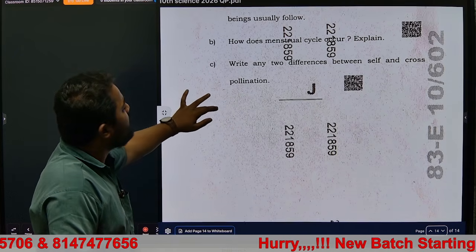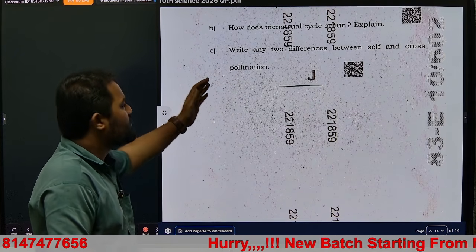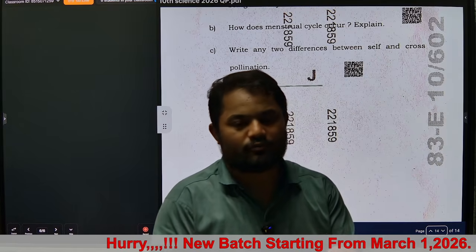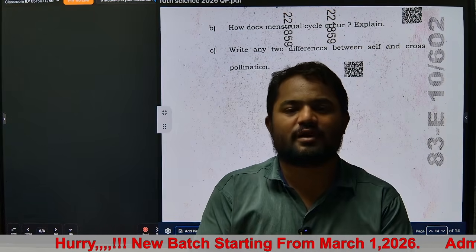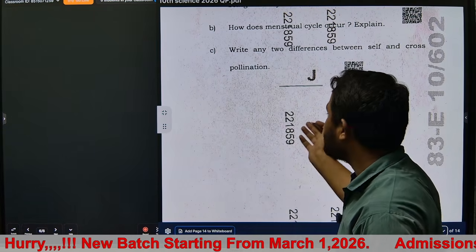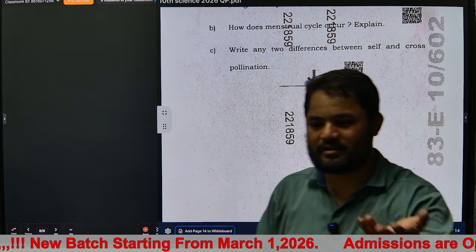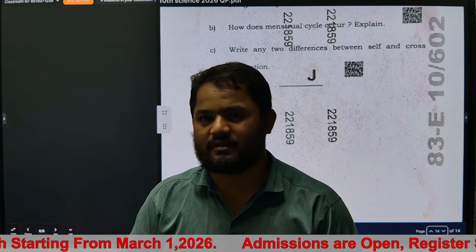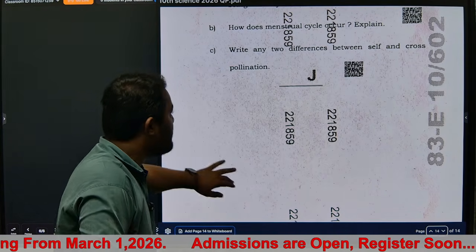Okay, next, write any two differences between self pollination and cross pollination. Self pollination means the transfer of pollen grains takes place from anther to stigma within the flower. If it takes place from one flower to another flower, it may be in the same plant or from one plant to another plant. This is all about the key answers regarding the